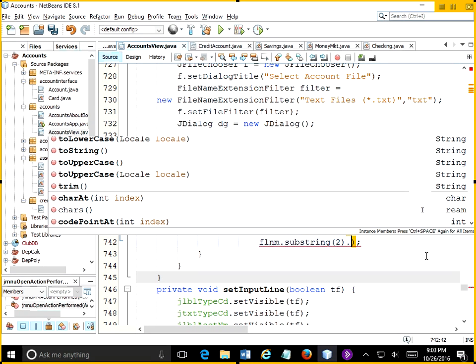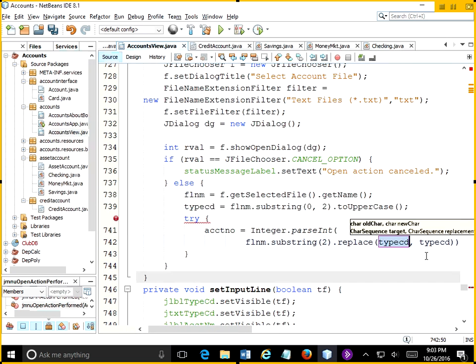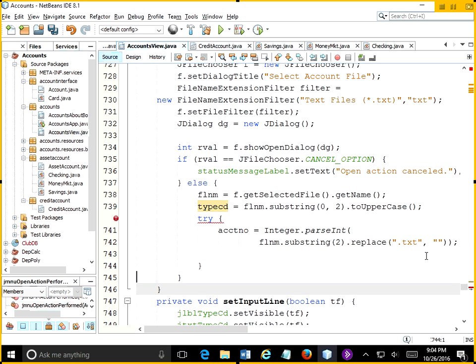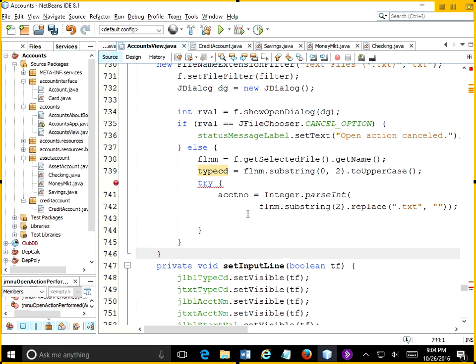But what I can do is I can do a dot on my substring and say that I want to replace .txt with empty string. So now I should have the integer,